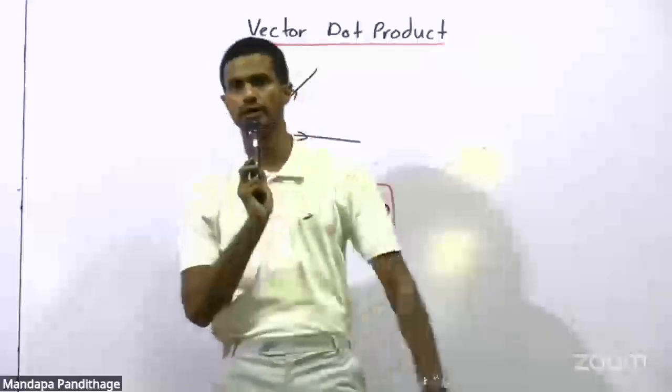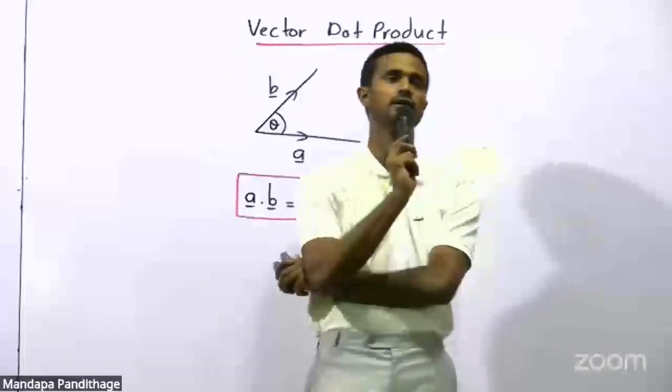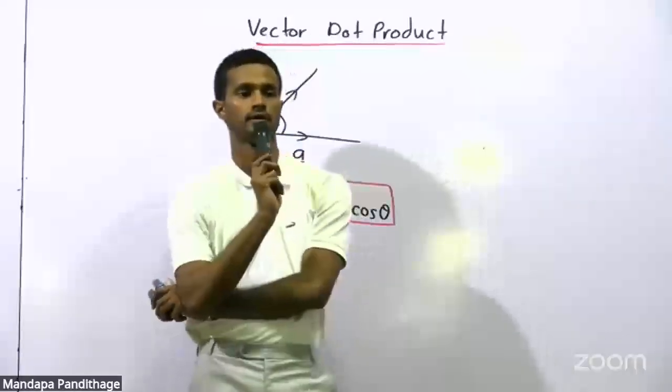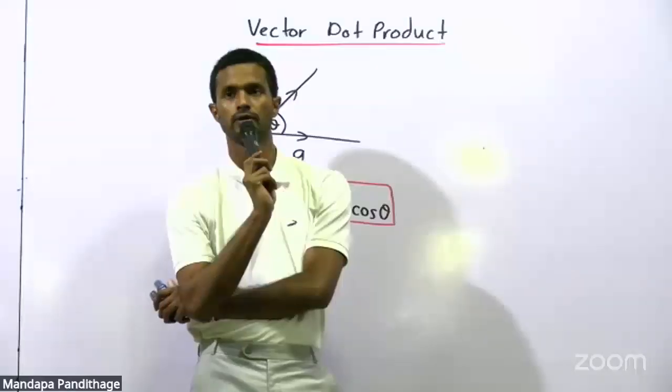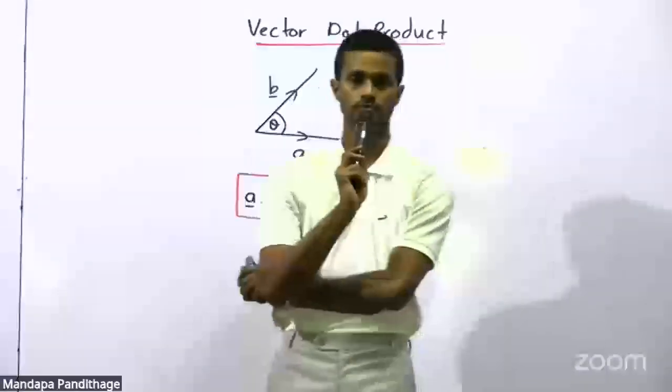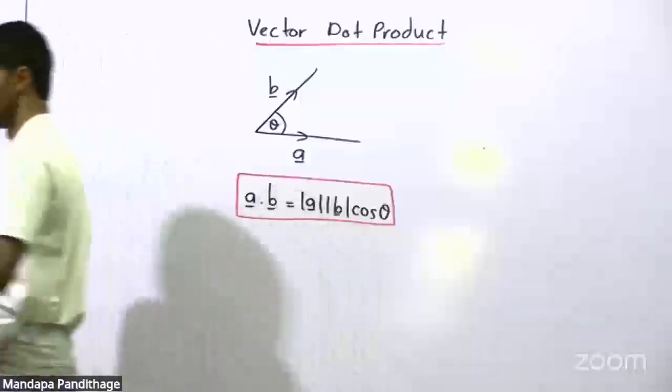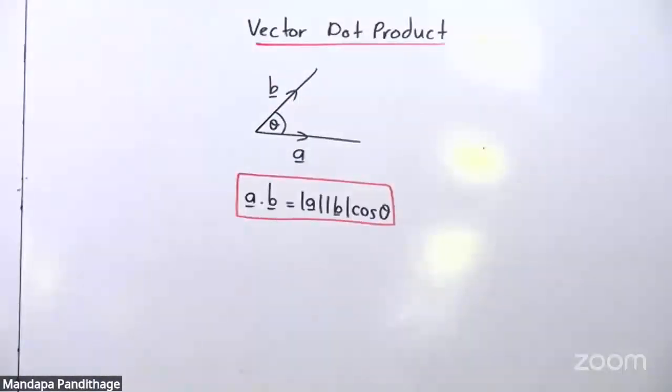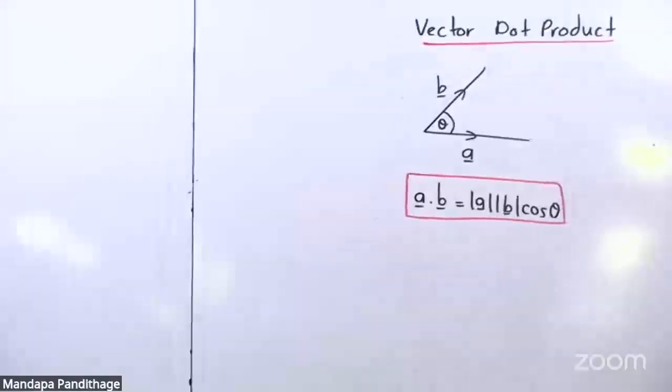Important points related to vector dot product. Okay. The first thing is